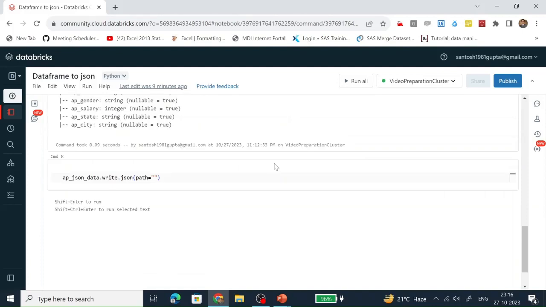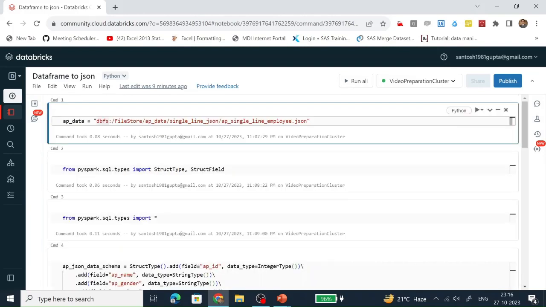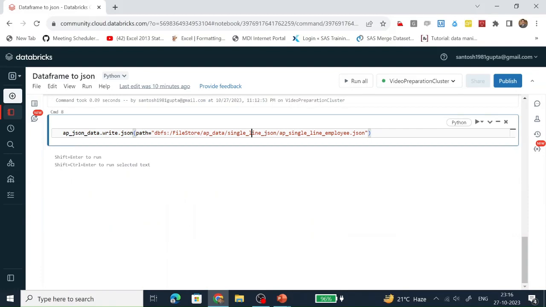So let's supply the path where we are going to write just the JSON file. Single line JSON.